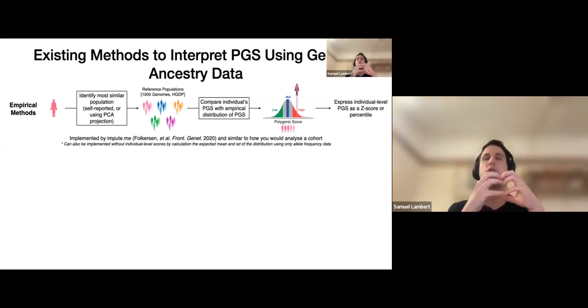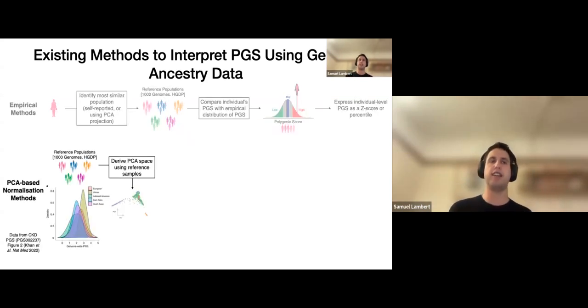But this method requires assigning a person a most similar population, either by ethnicity or by using PCA projection and clustering. And it basically only compares them to one population. So this is likely to fail if the person is admixed or doesn't sit perfectly in the population, if the population they're part of is not perfectly in the reference panel of individuals we're comparing to. So a second method of polygenic methods to sort of normalize polygenic scores with genetic ancestry information uses continuous